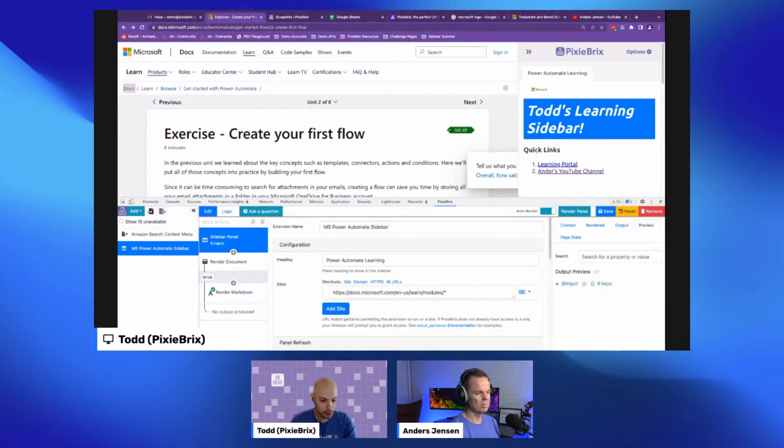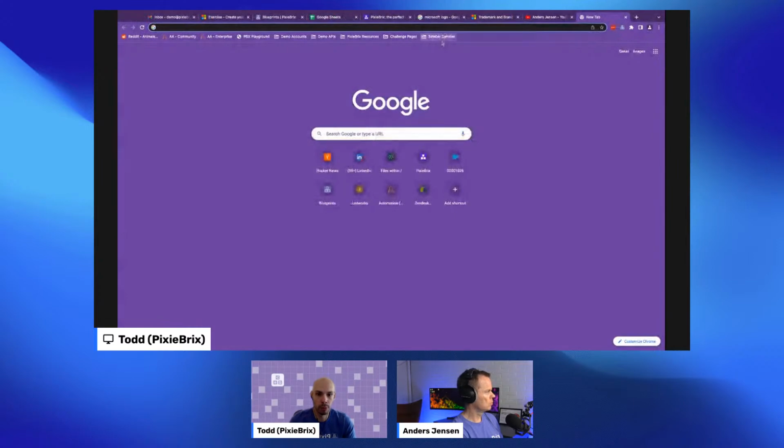The next thing that we're going to do is add some actions that I can trigger from this sidebar panel. The first action that I'm going to add is the ability to run a search in the Power Automate forums. I think a lot of the different vendors have forums. We also have our own forum as well, where you can learn more about the platform and also ask questions. I think the Power Automate one was running a little bit slow for me today and yesterday, but I think it's